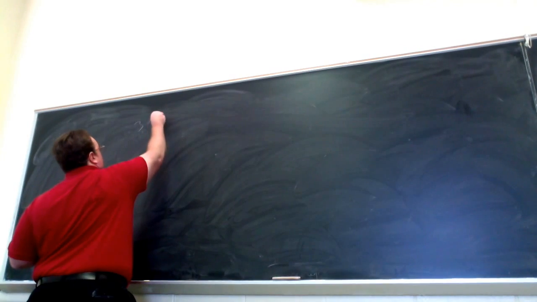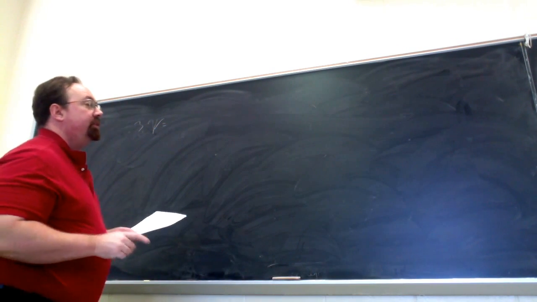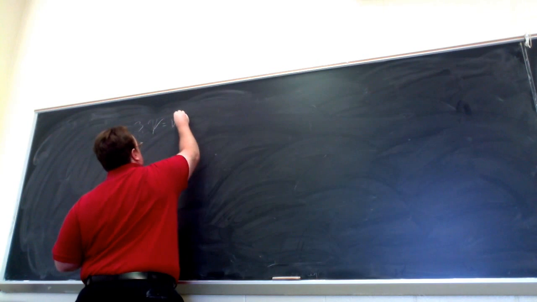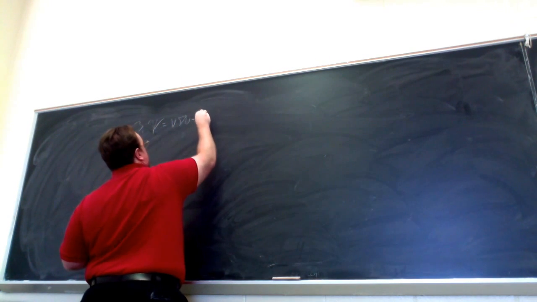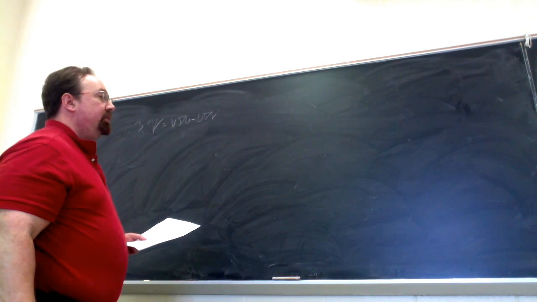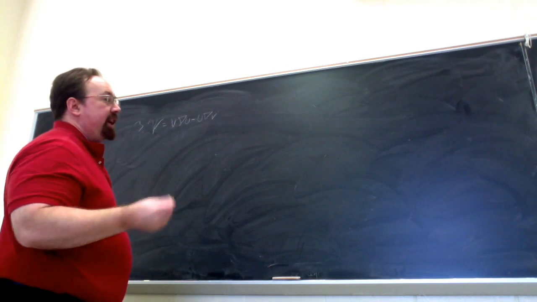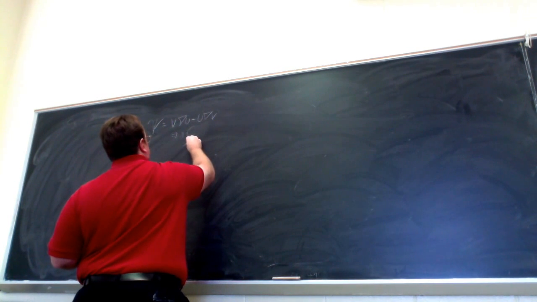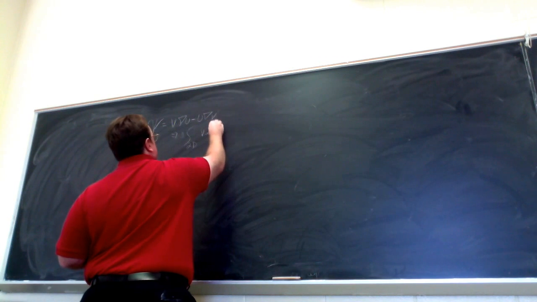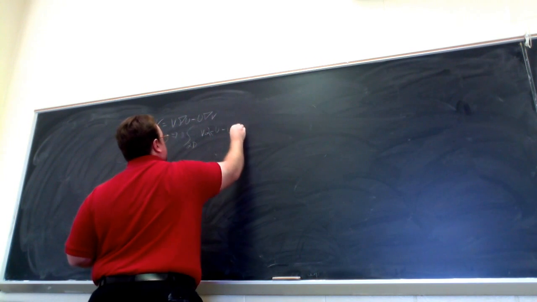Okay, so third Green's identity, I let psi equal v gradient of u, again, minus u gradient of v. Right. So what I can do is apply the second Green's identity twice. So I have the integral over the boundary of v normal derivative of u minus u normal derivative of v